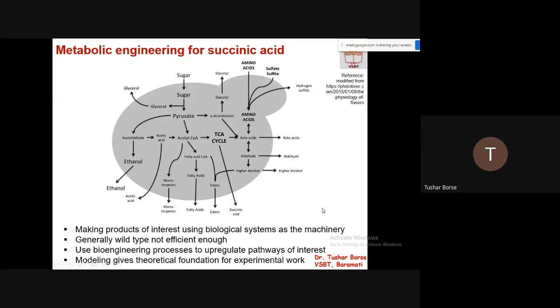Yeah. So just look at this. I have tried to show a typical cell. Within that typical cell, there are some ingredients which are entering the cell. Then the nutrients which have entered the cell undergo thousands of metabolic reactions in the metabolism, and at the end you can see some products around it. Now within this system, if you are thinking of a particular pathway where you want only one of the outputs